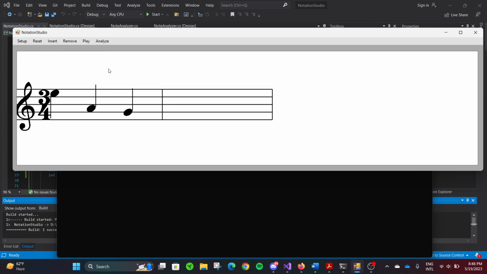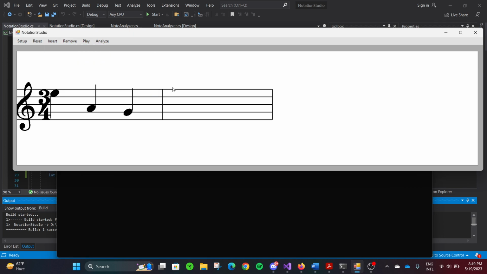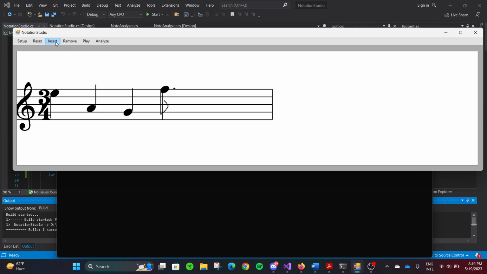But if we wanted to insert a measure, we can add more notes, and we can add dotted notes. So say we want to do a dotted eighth. We kind of have to reopen it over and over again. So let's do an F. And let's say we want to do a 16th note. I don't recommend it because there's no 32nd notes you can kind of match it with. So F, E,